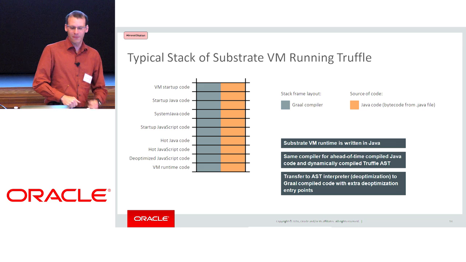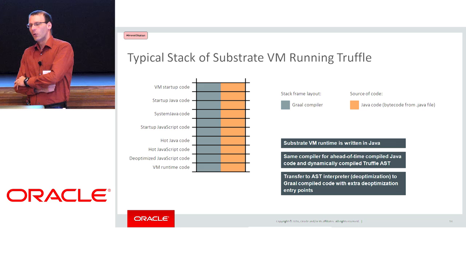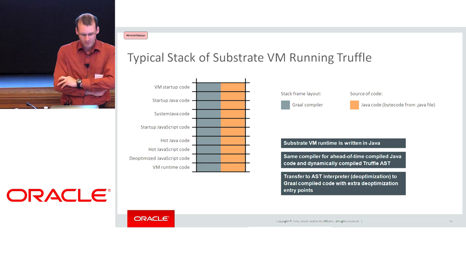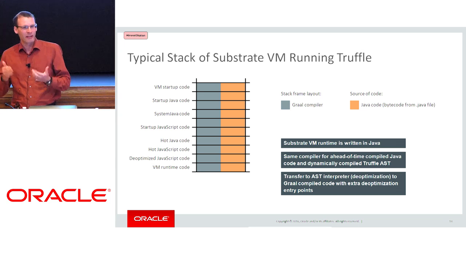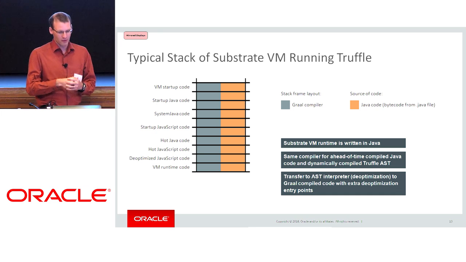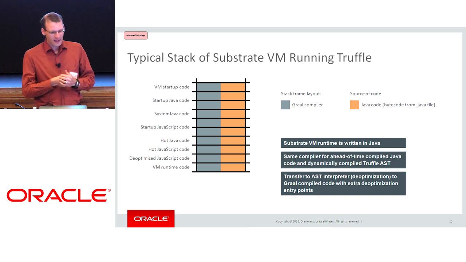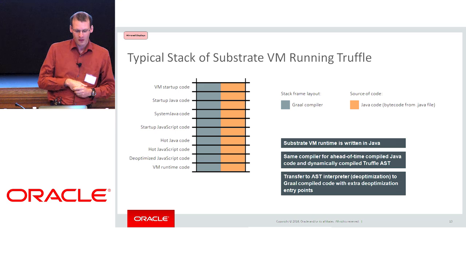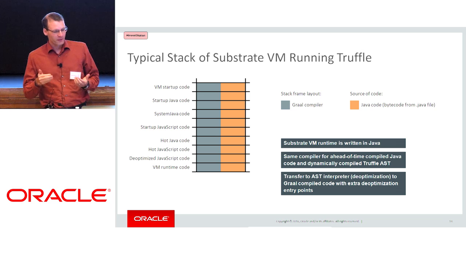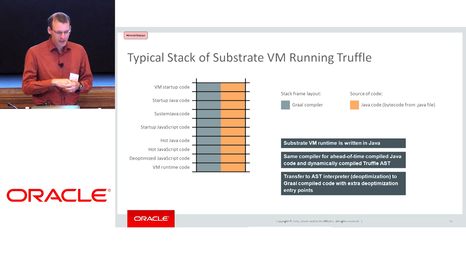And now suddenly we get a very simple picture when we look at our stack, because we only have code on the stack that's coming from one compiler, and in our case, that's the Graal compiler. Because our whole VM is written in Java and AOT compiled, all of the VM code, even the garbage collector, is code compiled by Graal, and we know exactly what stack frame layout it has. Startup Java code, that's AOT compiled Java code. Things that were before native code or JNI, that's what we write in a low-level dialect of Java. I will talk about that a little later on. But it's also still Java code.